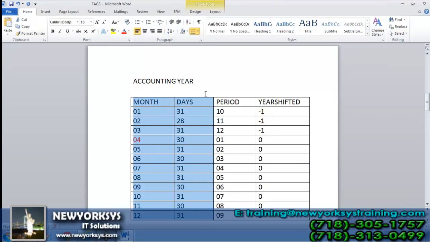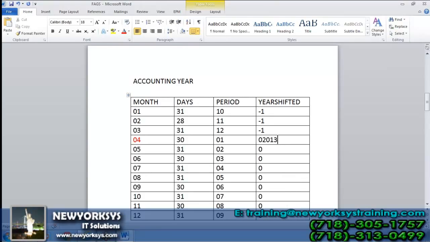And if you are looking at the accounting year, the first period starts from April. For posting purposes, the first period is April, and the second period is May. It goes on like this, and it is in the same year. Suppose I'm configuring the 2013 fiscal year. Now, April 2013 is the first period of the fiscal year.